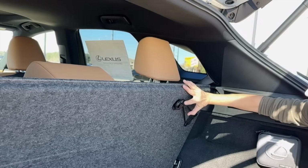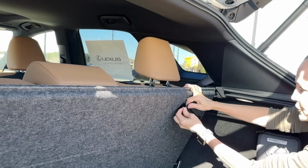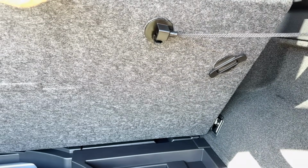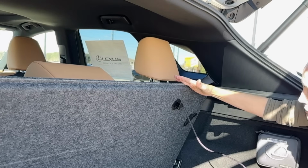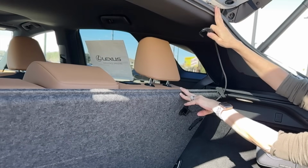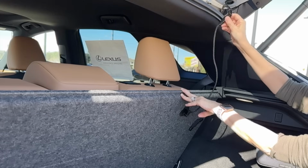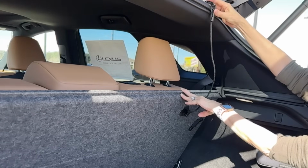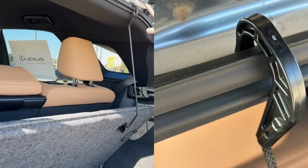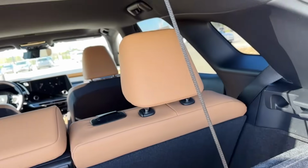Lift up, then you'll need to work the hook out of the catch. Just pull toward you. And you may need to lift to the left just a little bit. You can undo the cable, and now we want to hook it over the soft weather stripping seal material, so make sure that you're not hanging this on the soft section. You want to go over the soft section, and you'll feel a harder padded area. That can support the weight of the cargo decking and keep it up and out of the way